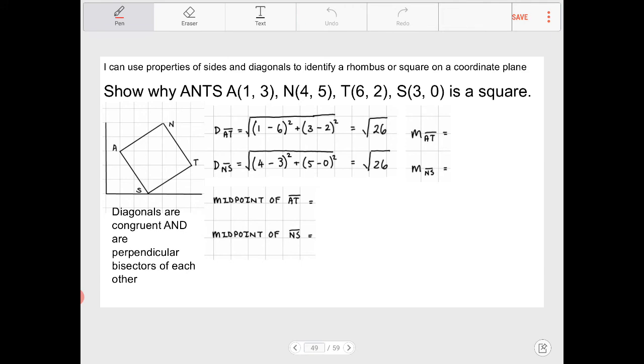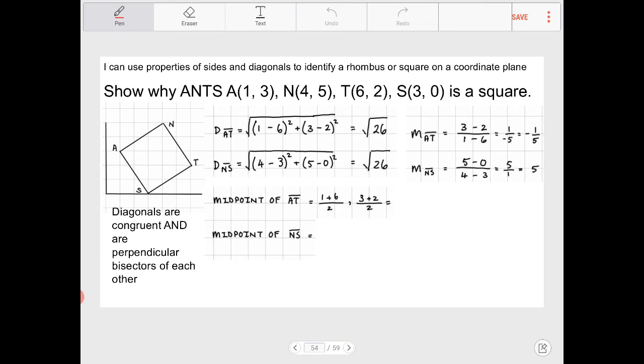Will they be bisecting one another? Will they be perpendicular to one another? Well, let's see. So the slope of AT turns out to be -1/5, and the slope of NS turns out to be +5, and that is enough information to show that the diagonals are in fact perpendicular. But are they perpendicular bisectors? So let's see. Will they have the same